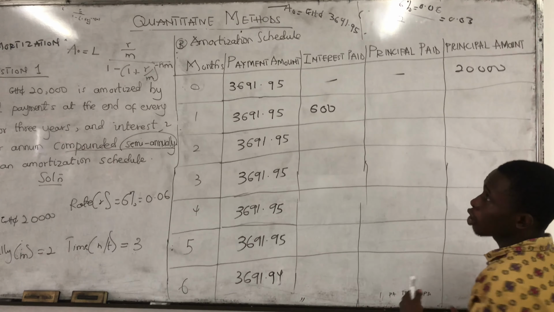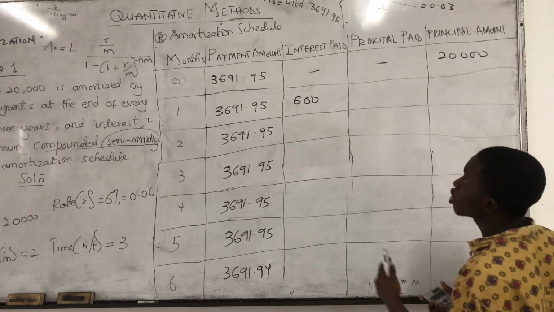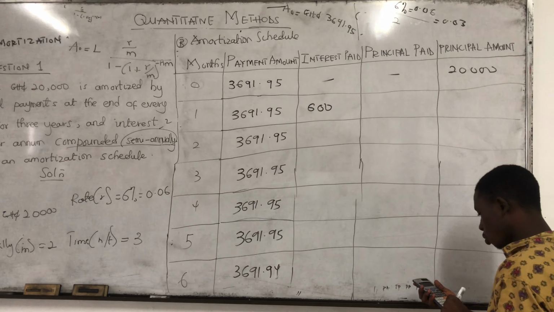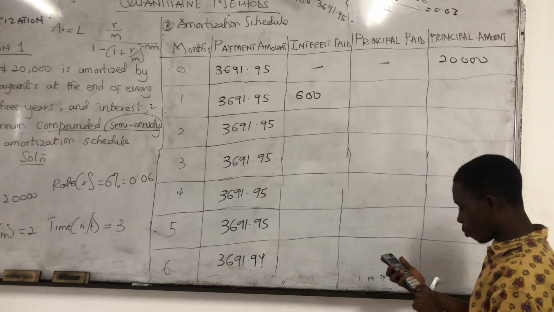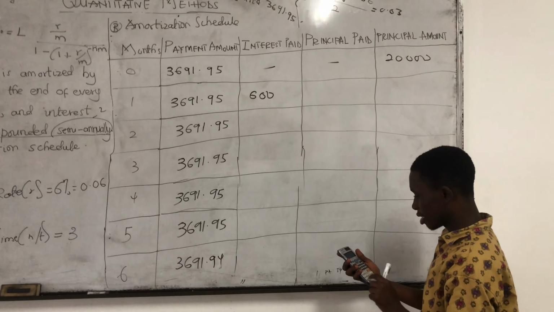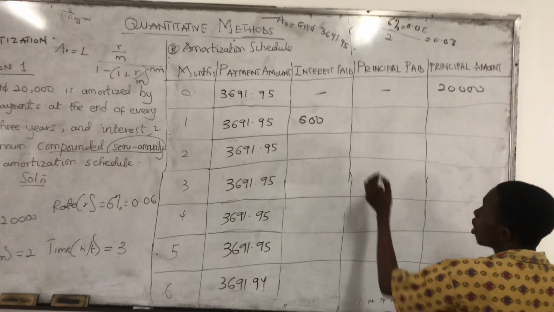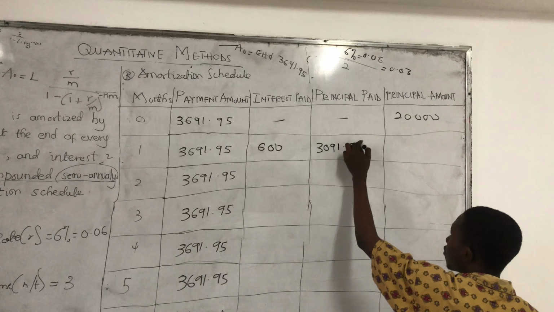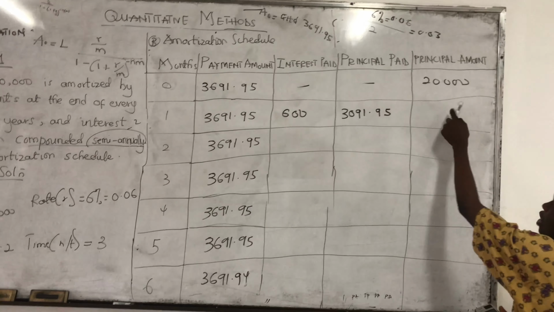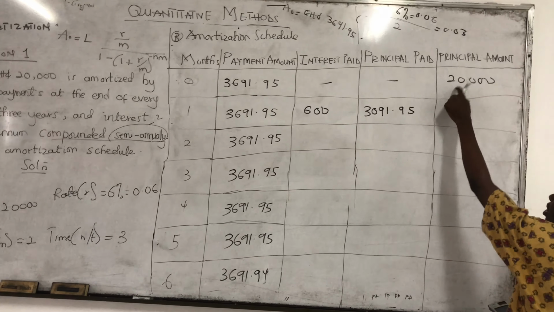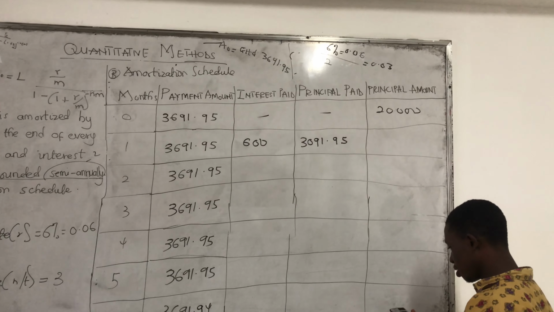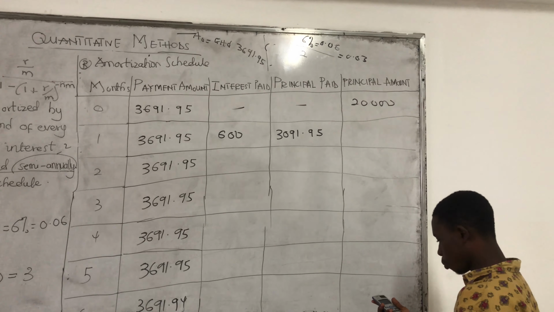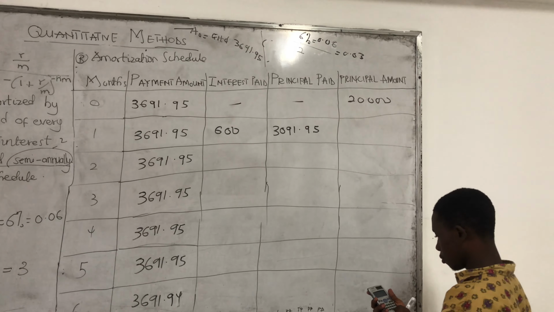Now, if you want to find the principal paid, you subtract the interest paid from the payment amount. So 3691.95 minus 600, I'm getting 3091.95. Now, to get my principal amount, I'm going to subtract this from 20,000. 20,000 minus 3091.95, I'm getting